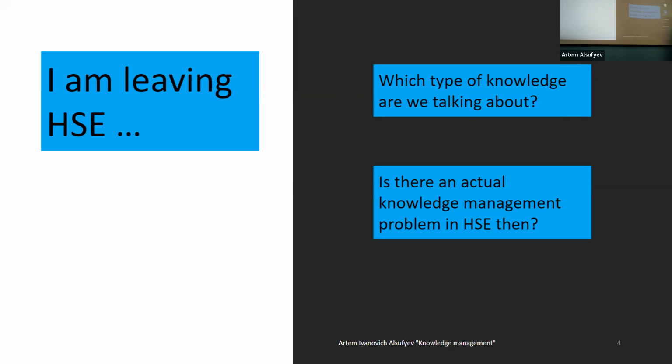But even if it's a highly talented, expert employee, we as managers of this organization have to do something in order to keep this knowledge within the organization. How can we do that? Well, obviously, make this person codify his knowledge to leave it within the organization. However, with a university professor, it is difficult. We already discussed it, not that simple.